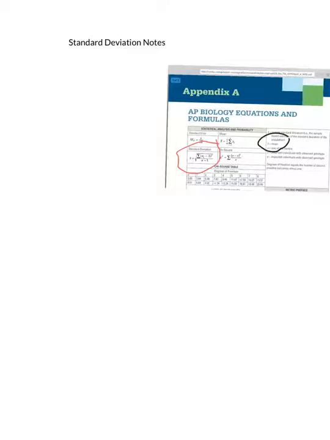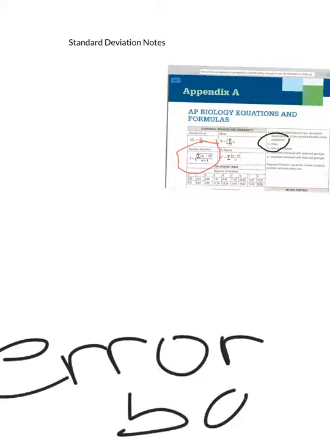What that means is that if we were to graph the error bars using standard deviation, we could be fairly confident that if we add 0.37 up and 0.37 down,